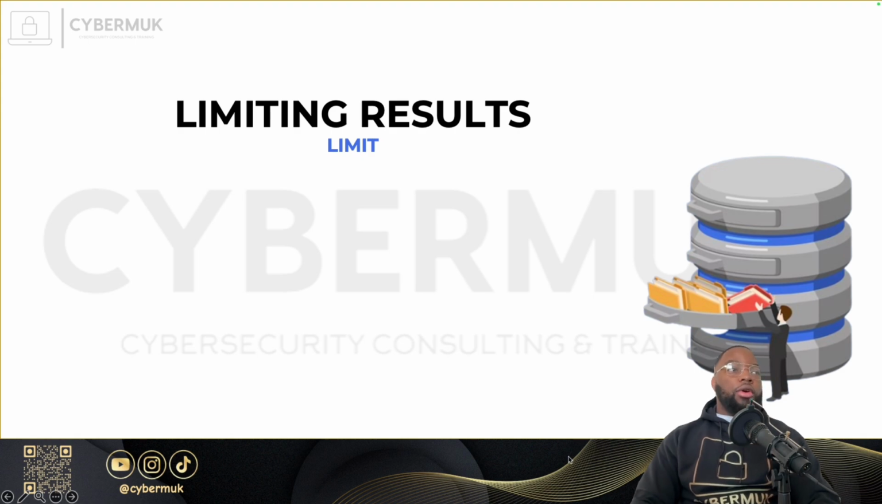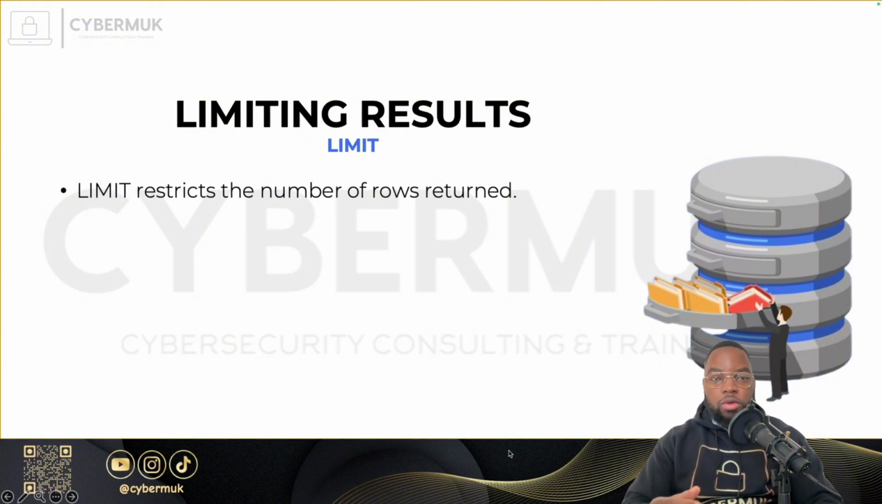The next keyword we will learn is limit, to limit results. So what is this? What is this used for? Limit limits the number of rows returned. So you want to limit the number of rows that you return. And again, keep in mind that our table is a very simple table with only 5 rows and 6 columns,